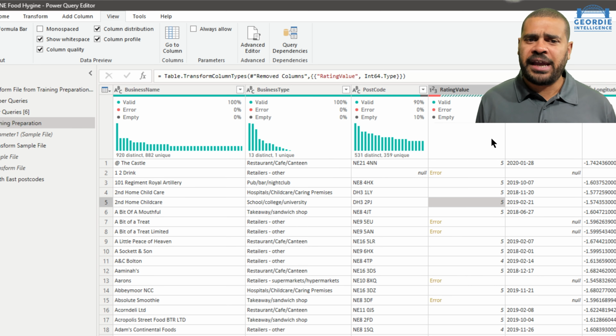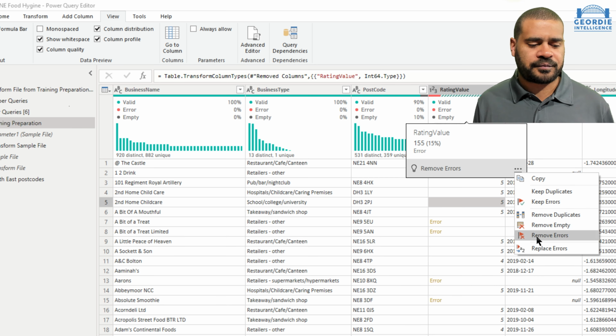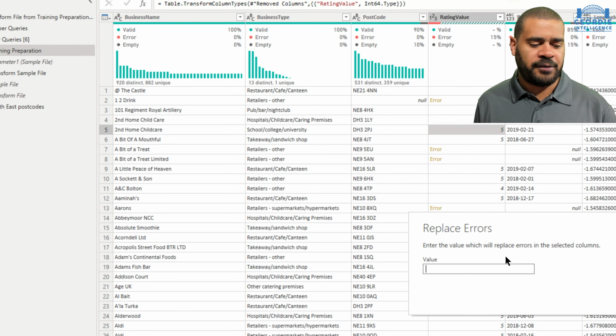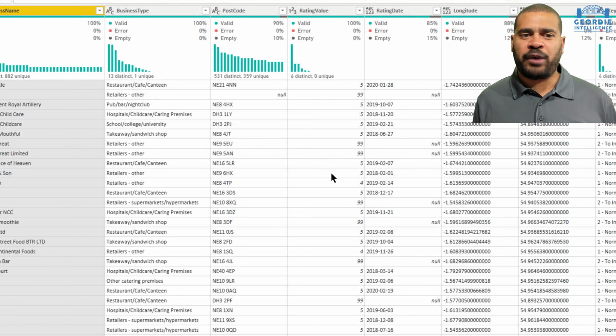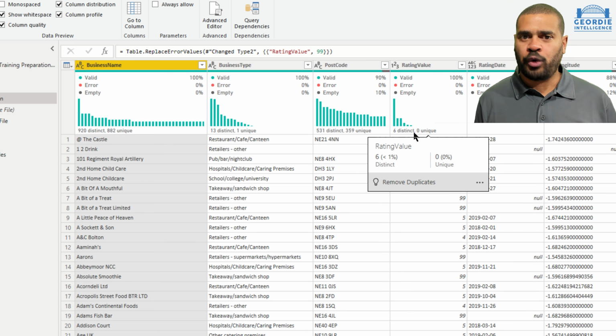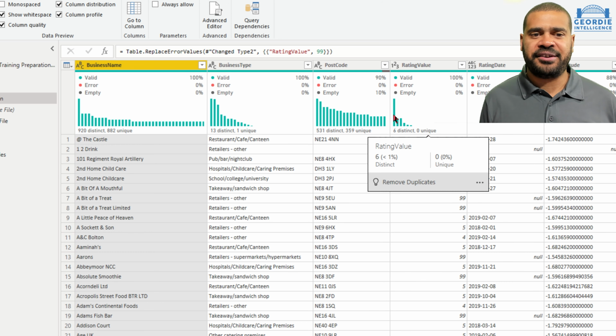So the way we do it is we'd go in there, we want to replace the errors, and it'll bring up a little box, what do you want to replace them with? And we can say 99, and then click OK, right? And we can now see we've removed the errors that we had, okay? And we can see there are 6 distinct values, so we've got 1 to 5, so that's 0, isn't there? I thought 0 was, right? 1 to 5 and a 99 as our 6th unique value that we've got there. And we can see the distribution of those values across it.